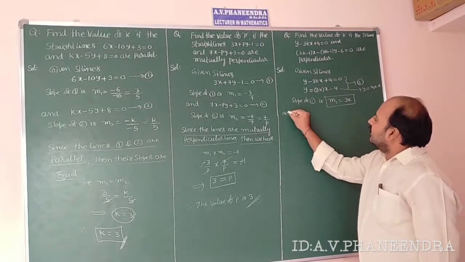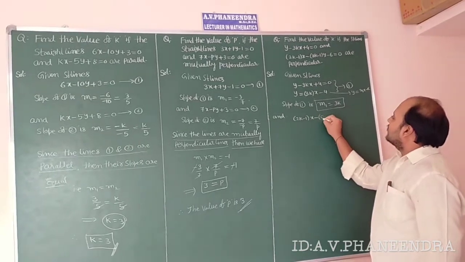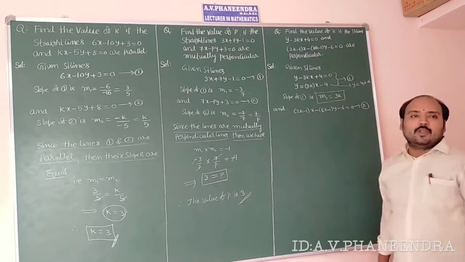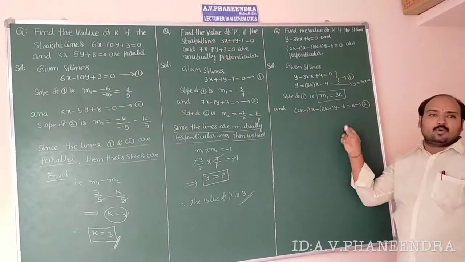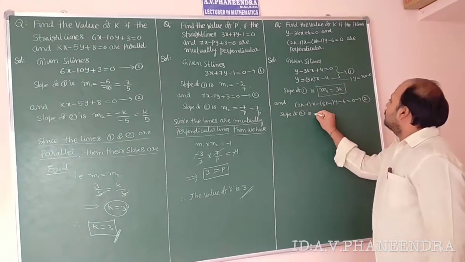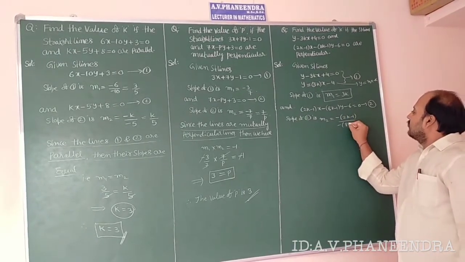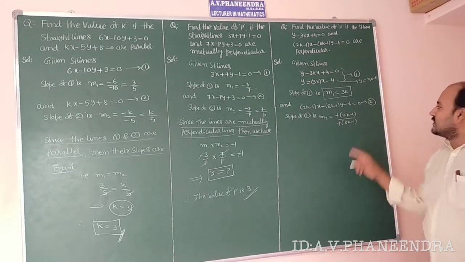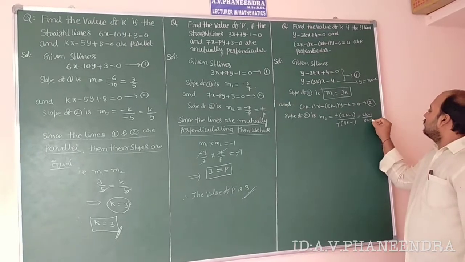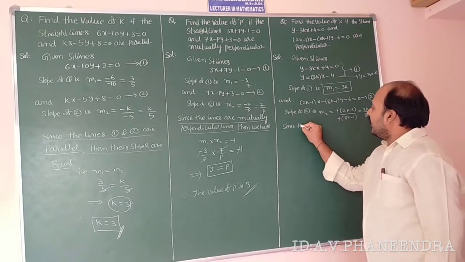Next, second line, 2k minus 1 into x minus 8k minus 1 into y minus 6 equal to 0. Equation number 2. It is in the form of ax plus by plus c equal to 0. Slope of the line, we know that. Slope of equation 2 is m2 is equal to minus x coefficient by y coefficient. So here minus get cancelled. 2k minus 1 by 8k minus 1. Since the lines are perpendicular,